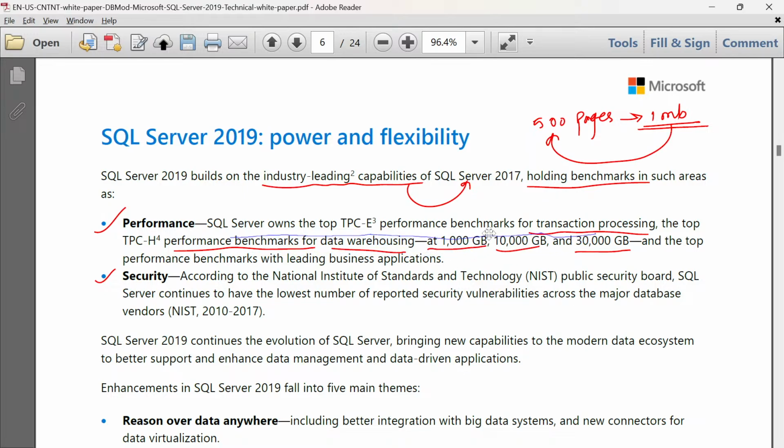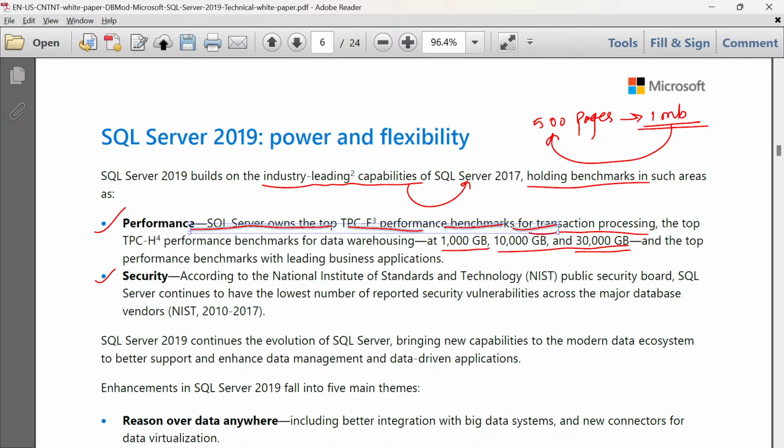Now here we have 1000 GB, 10,000 GB and 30,000 GB. Just imagine the volume of data over here. So SQL Server has crossed these benchmarks, these levels of storage.